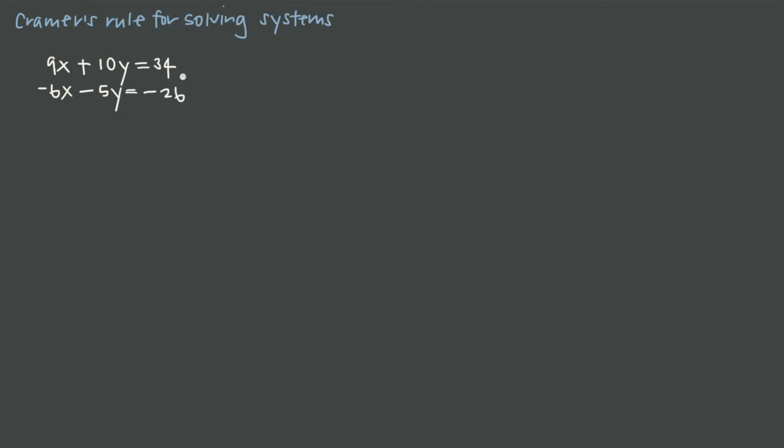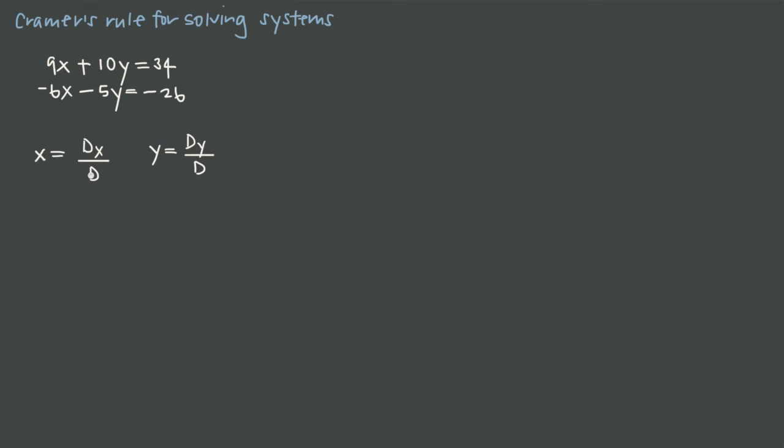So let's say that we've been given this linear system of two equations and two unknowns, so 9x plus 10y equals 34, and negative 6x minus 5y is negative 26. Cramer's rule gives us simple formulas for the values of x and y that make this system true. The formula for x is just what we call the determinant with respect to x divided by the determinant of the coefficients. And then the formula for y is similarly the determinant with respect to y divided by this coefficient determinant, which means that in order to find the values of x and y, we need these values here,